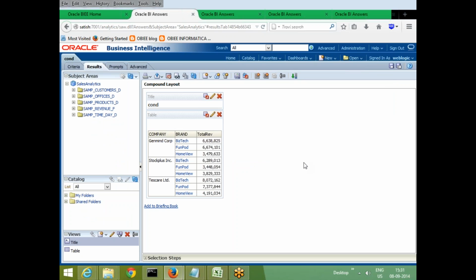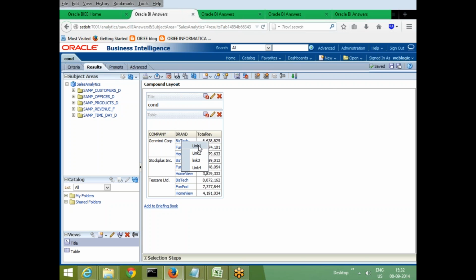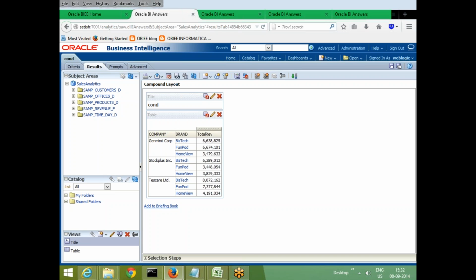Okay, so now though we have not created any hierarchy on this column, you can still see the hyperlink activated. When you click this column, you will see what are the links you have selected. And when I select it, let me save this. Whatever you select, right now I am selecting link 1. So immediately,